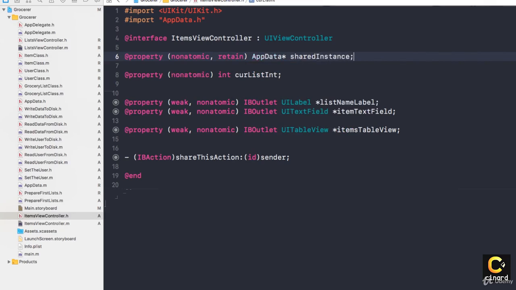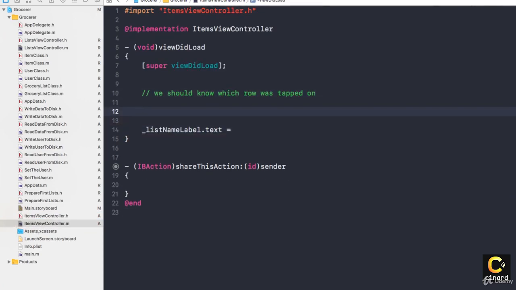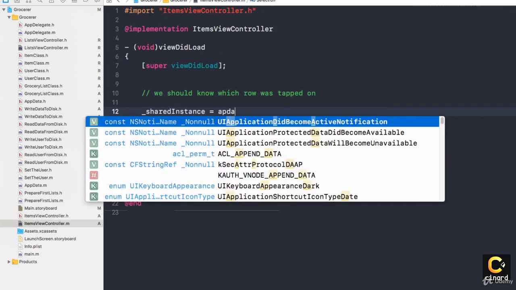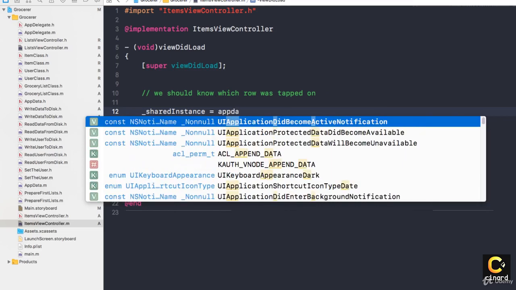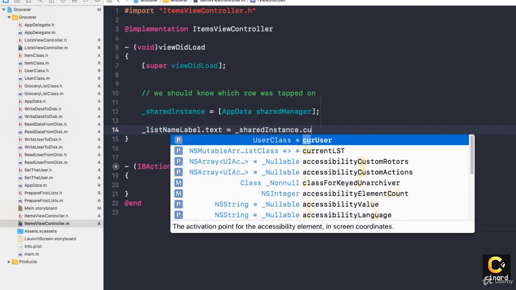So now that we have access to our shared instance, we come in here and we say sharedInstance is AppData. I don't know why it doesn't do it for me, but AppData sharedManager, and the text for our label is sharedInstance.currentList